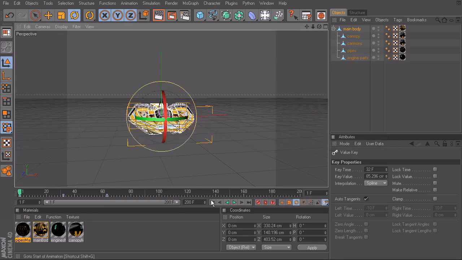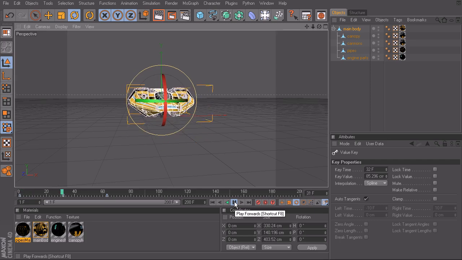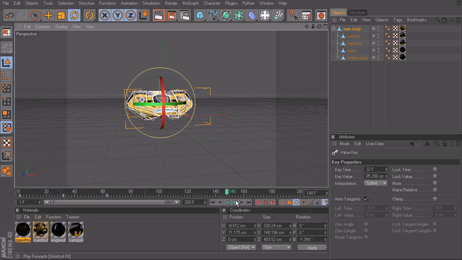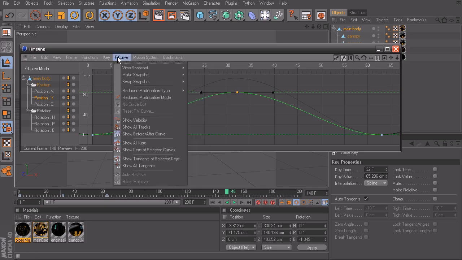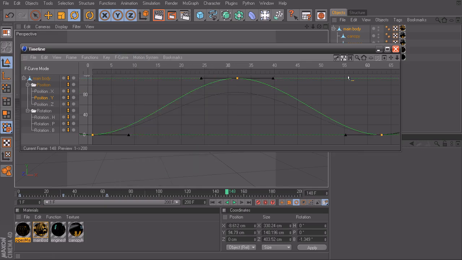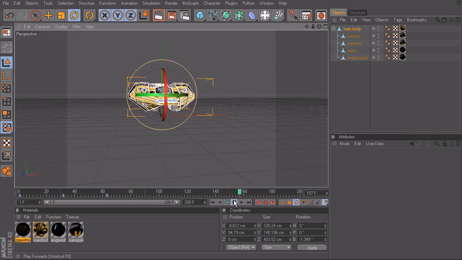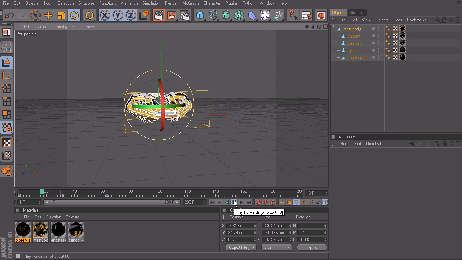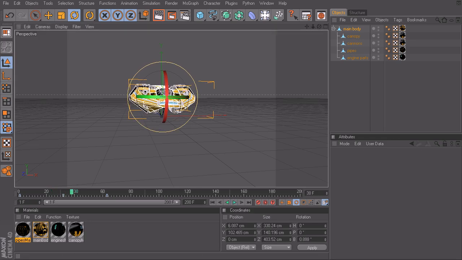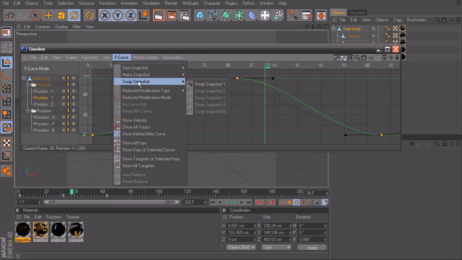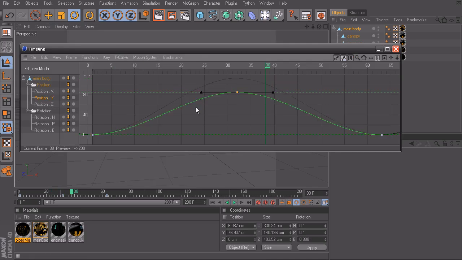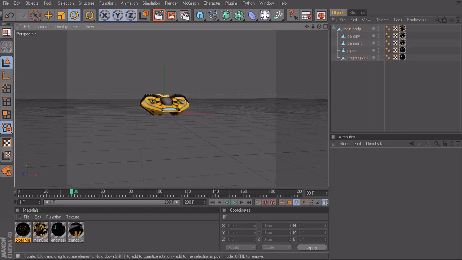So now we can say, all right, let's see how it looks with less up and down. Let's see how it looks with a little bit more. So in this case, we just want to swap our snapshot. Okay, I kind of like the change that we've made. So I'll go ahead and swap that back. So it's a really fun tool. All right, so now that we like the idle,